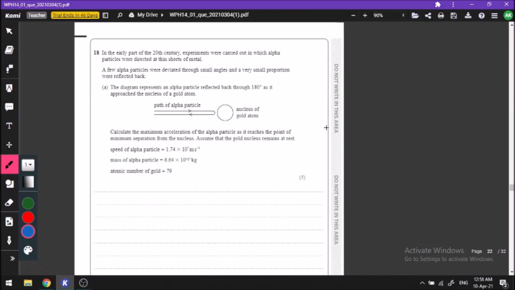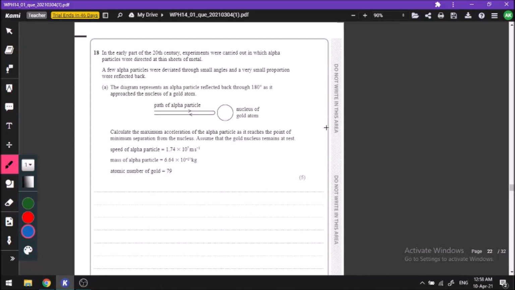Okay, here we have another math question. Take a moment to pause and read the entire question. This is a tricky one. There are 5 marks. You have to design the math very nicely and then do the math by yourself. So there are a lot of equations involved. Okay, simple equations, but a lot of equations you have to work through. So take a moment and see how you can do the math.